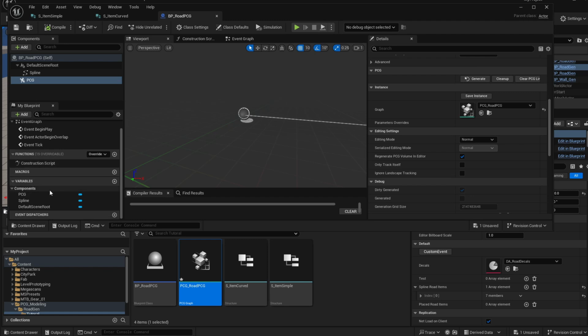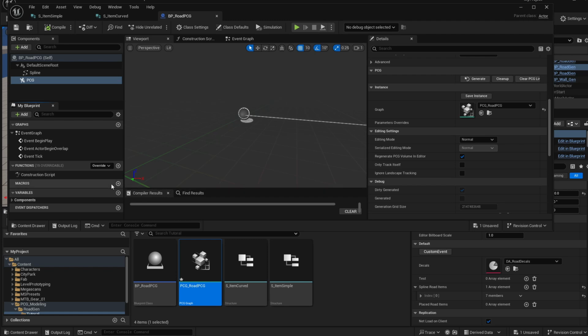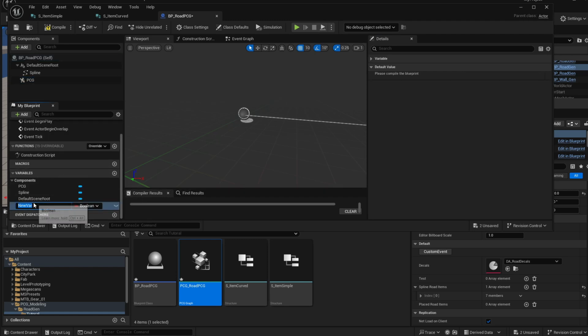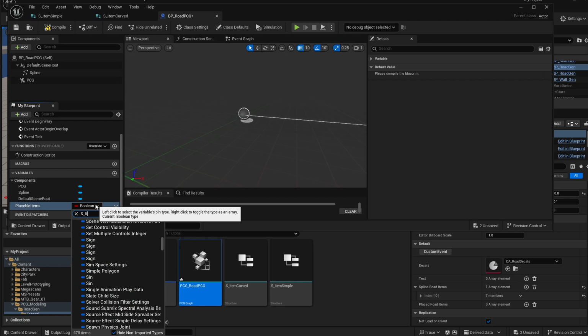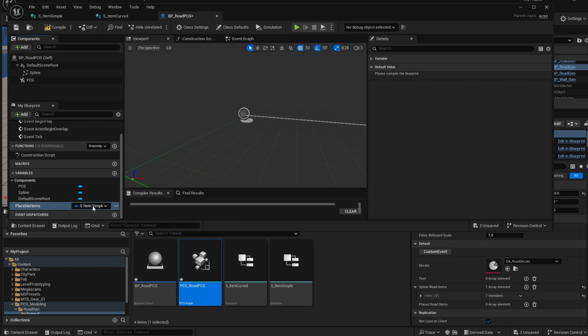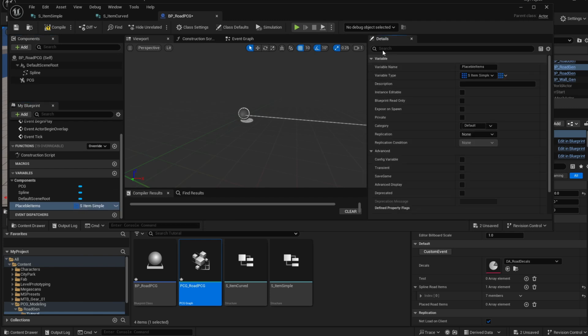And now let's create the variables that we will enter into our blueprint to control the road generation. So add one variable, which we'll call placeable items, for example, and the type will be as item simple, the struct that we created. Right click here or here into the variable details panel, choose here the type array because we want to have multiple of these items. So let's create another variable here, curved items,